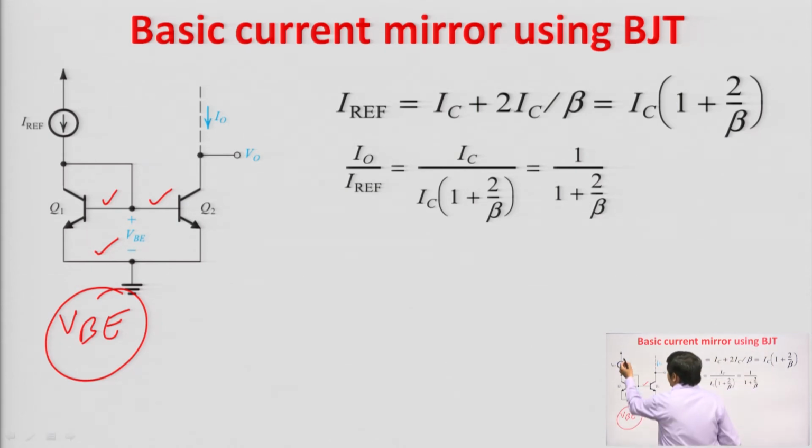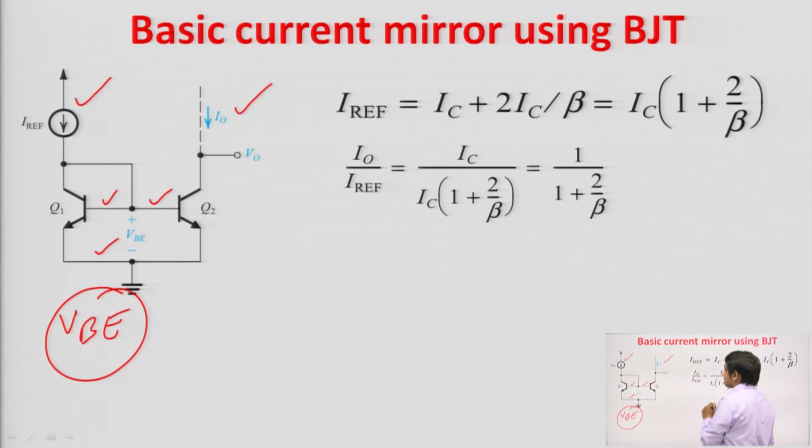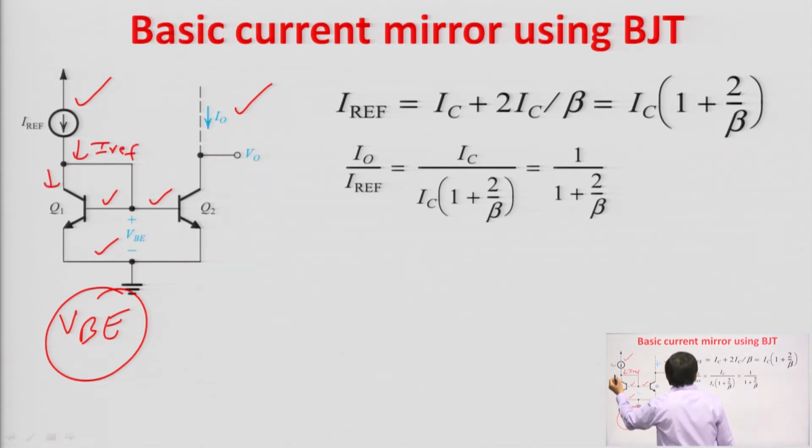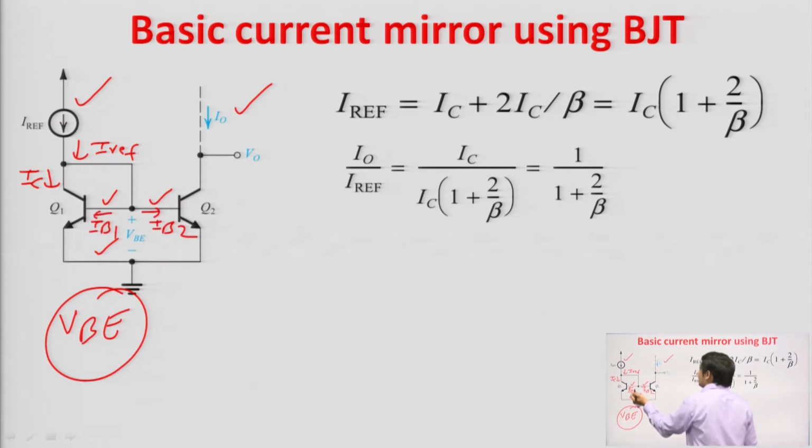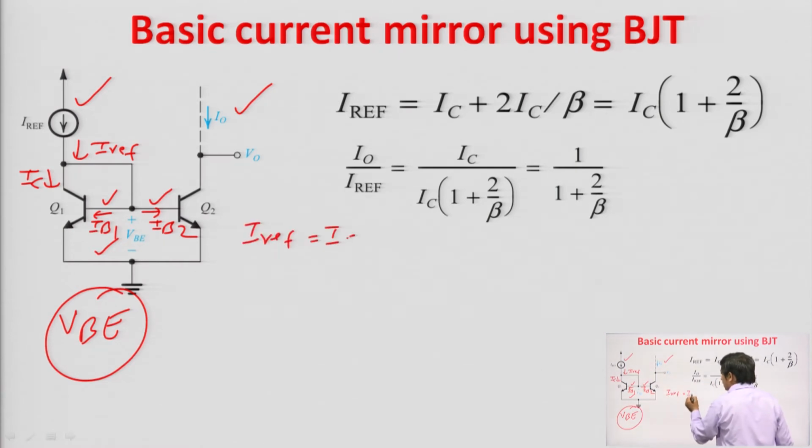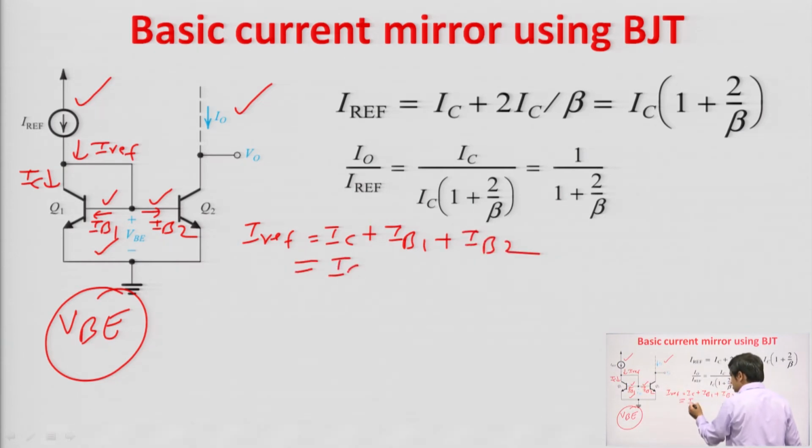Now see, I reference is the input current, I naught is the output current. We can find out the relation between the input current and output current. From here we can see that this is I reference current and let us say this is IC. So, this I reference will be divided into two parts, one is the base current of Q1 and another one is the base current of Q2, IB1 and IB2. So, we can write I reference is equal to IC plus IB1 plus IB2,